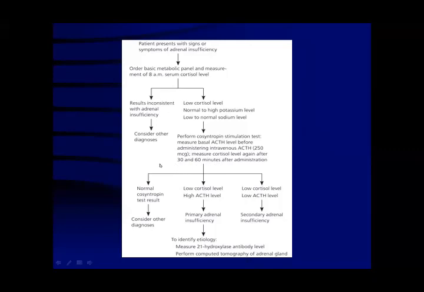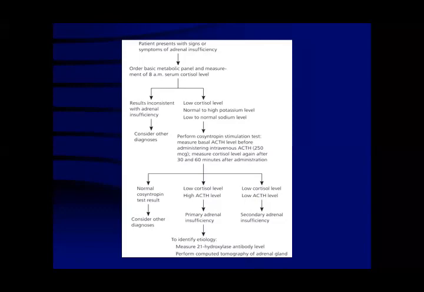You will check the level of cortisol and see whether cortisol is being produced or not, because we are introducing commercially prepared ACTH. Cortisol level is under the control of ACTH, so we give ACTH to see whether the adrenal gland responds or not. If the level remains normal, we will think about some other cause. If the cortisol level is low and the ACTH level is high, it means there is primary adrenal insufficiency, because we introduce ACTH from outside the body and the level is still low.